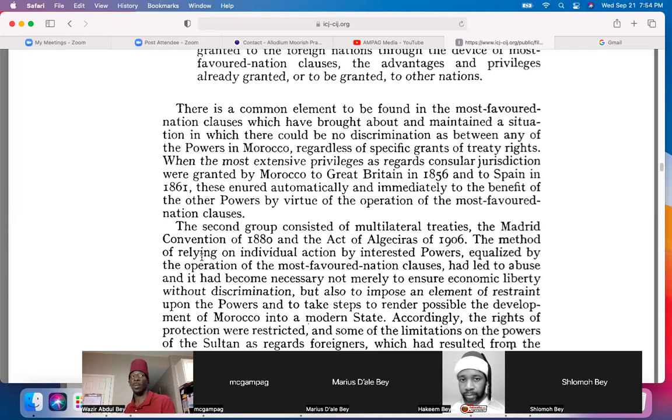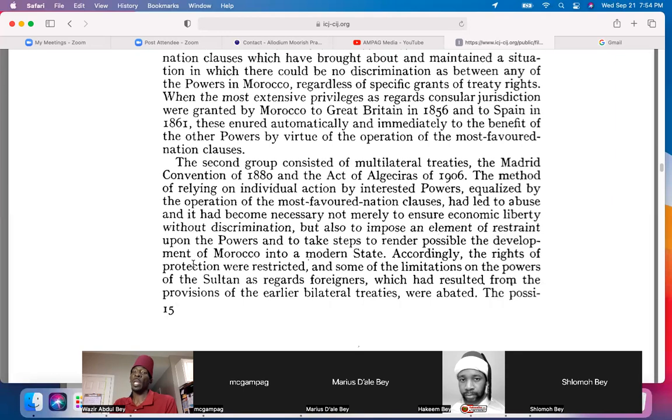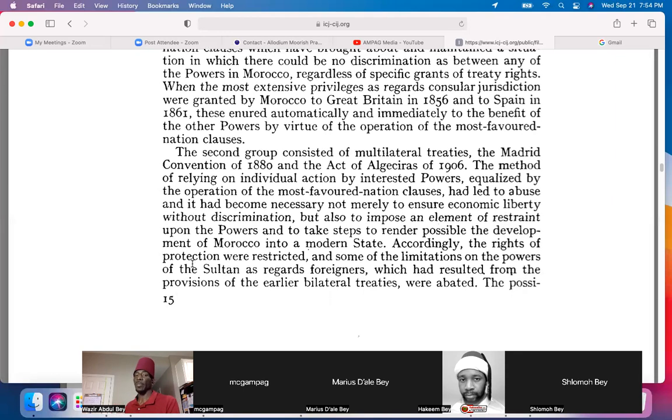What came out in 1880? The right of protection in Morocco, Treaty of Madrid. Were granted by Morocco to Great Britain in 1856 and to Spain in 1861. So Great Britain and Spain got that privilege. These inured automatically and immediately to the benefit of the other powers by virtue of the operation of the most favored nation clauses. The second group consisted of multilateral treaties, the Madrid Convention of 1880 and the Act of Algeciras